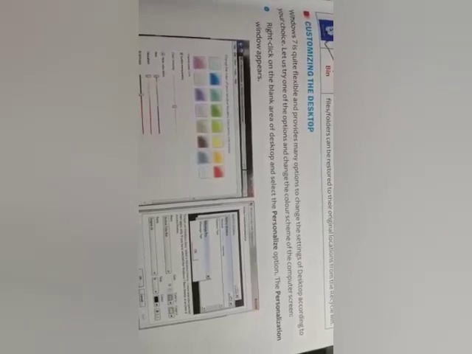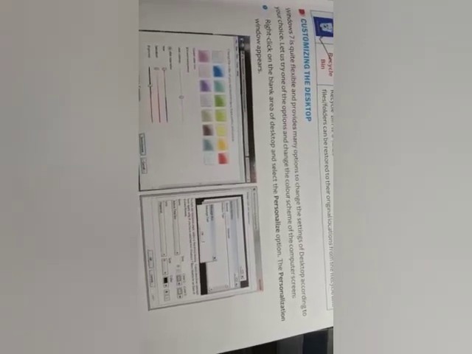So these are the commonly used icons. Read these again and please learn about these icons. Next, customizing the desktop. Children, you can customize the desktop. Windows 7 is quite flexible and provides many options to change the settings of the desktop according to your choice. You can do the setting.